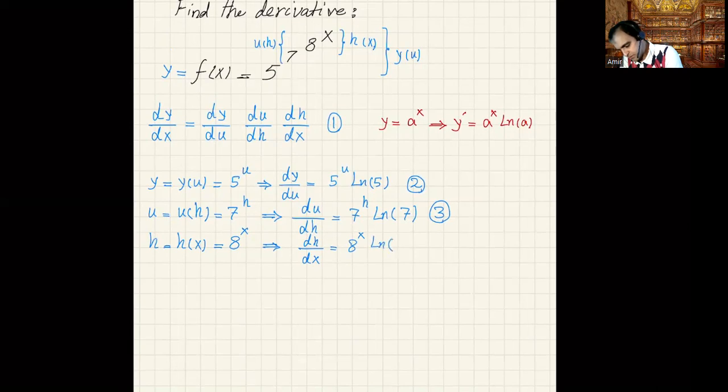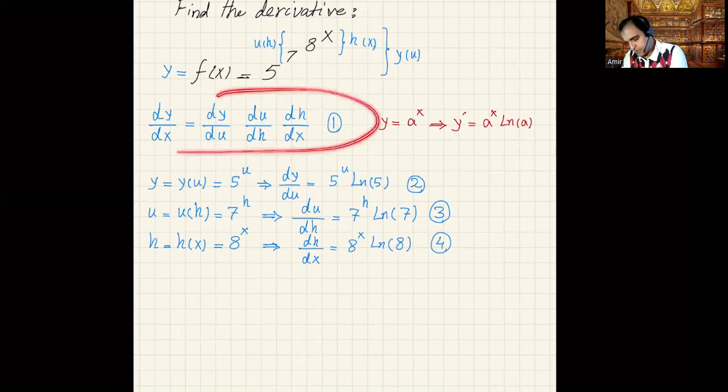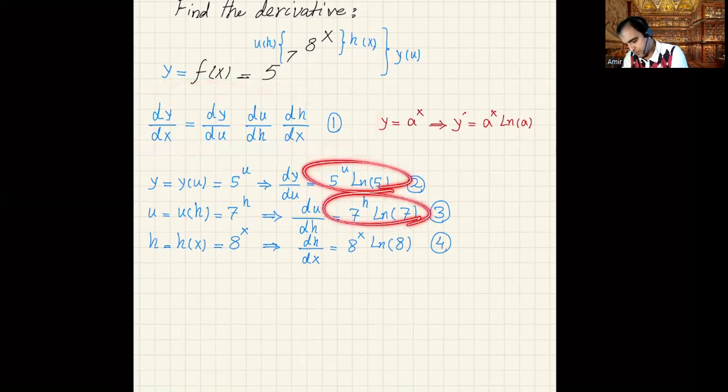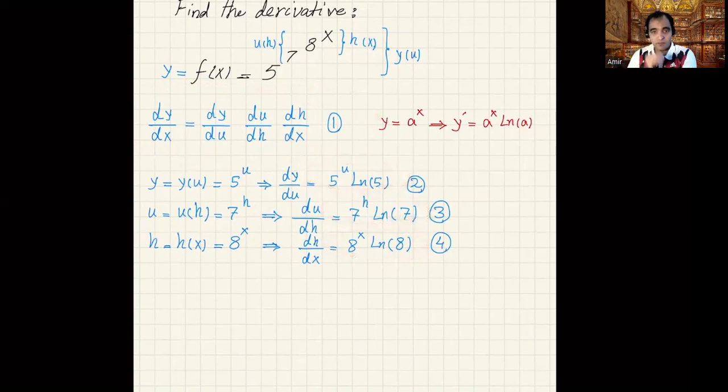I call this relation number 4. So we have this relation number 1, this one, this one, and this one. So considering all of them together, 1, 2, 3, and 4, we can conclude that